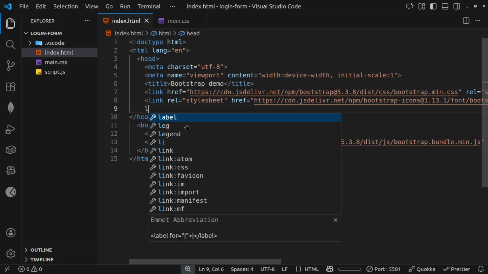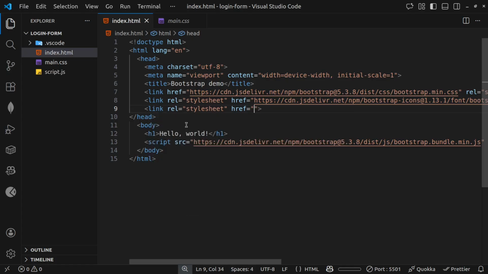So you can use the link tag straight away to link your file. So if I do dot forward slash, you should be able to see the main.css file. Then you link it. The same way, we're going to link the JavaScript file too, using the script tag down here